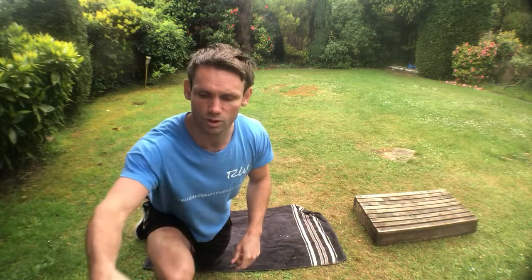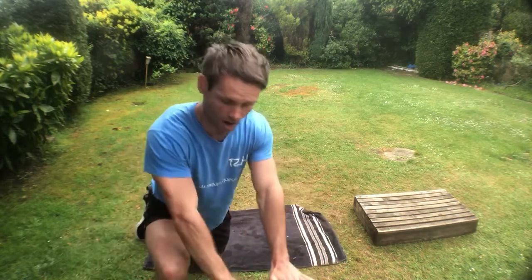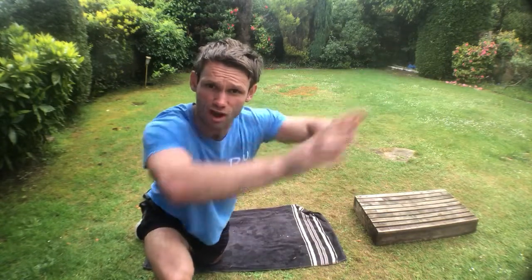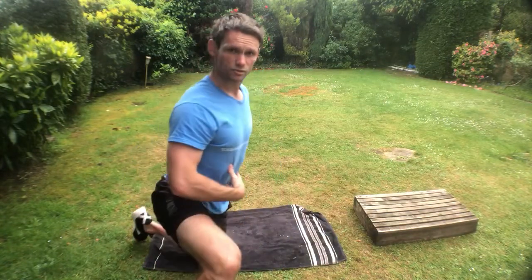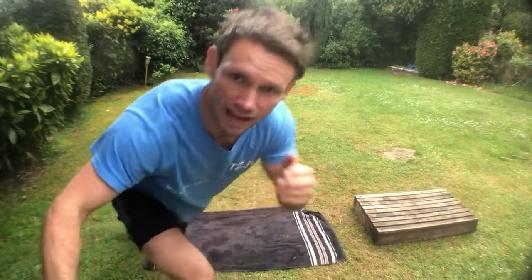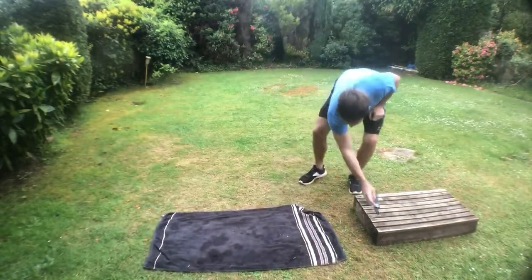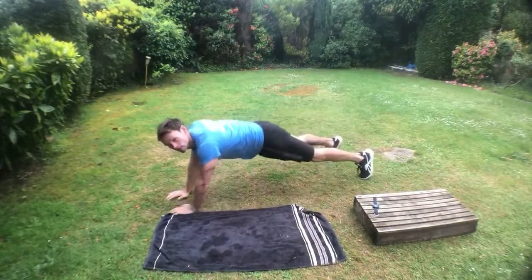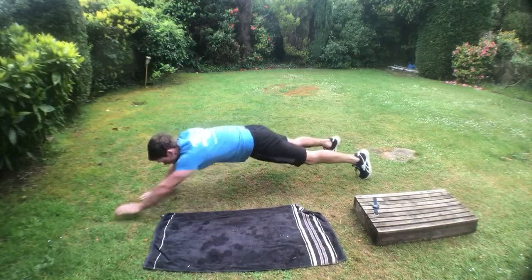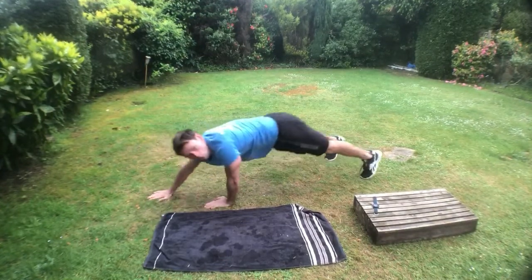Okay, relax. Right, this one, just watch first. I'm going to start with my feet on the floor, hands on the floor, and then I'm going to walk out. The further I go, the harder it is. Try and tuck the pelvis underneath, so we're keeping the abs tight. You could stay longer in that end position. Right, so just watch first to come out, walk forward. So you could stop there and walk back, or you could go further, and you can hold for longer to make it